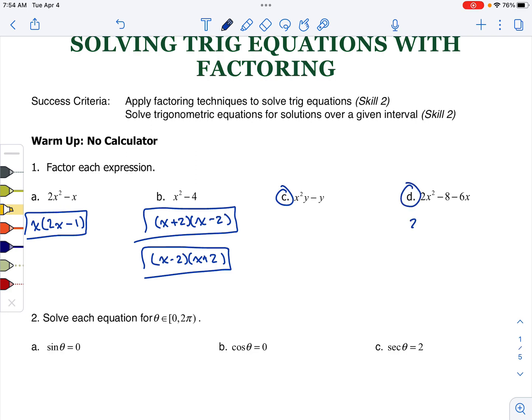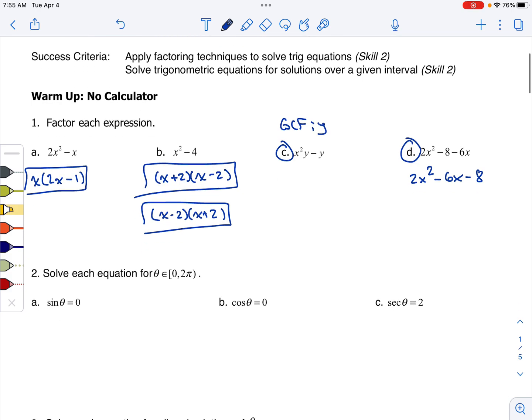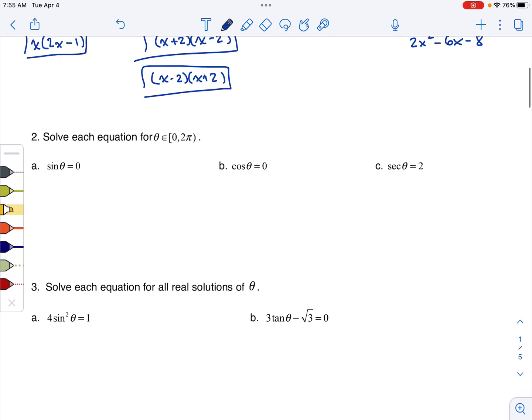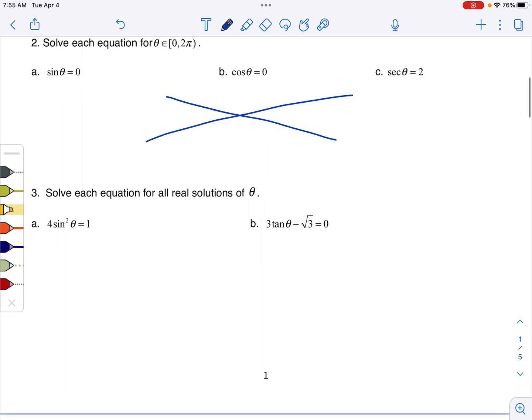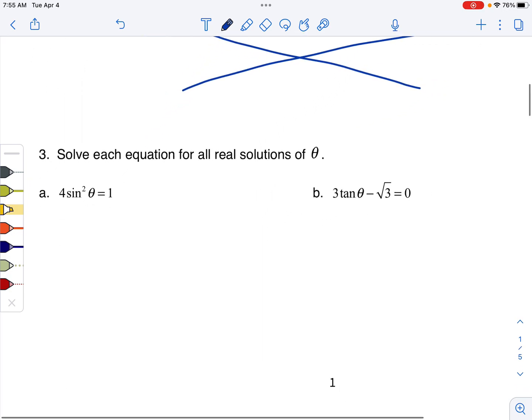You might want to rearrange D when you get there to standard form. Look for a GCF and then factor. Here your GCF, what's common to both, is that they have y. I really do think that you can do 2A, B, C. I'll post my key to this as well so you can check. So I'm going to bypass that, but I'm going to ask that you do that on your own for a few minutes. And the new material starts here